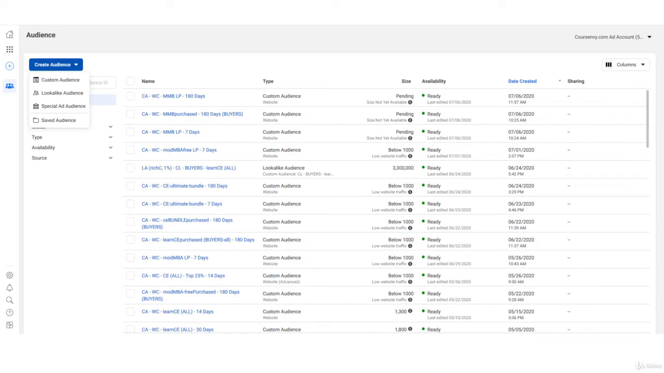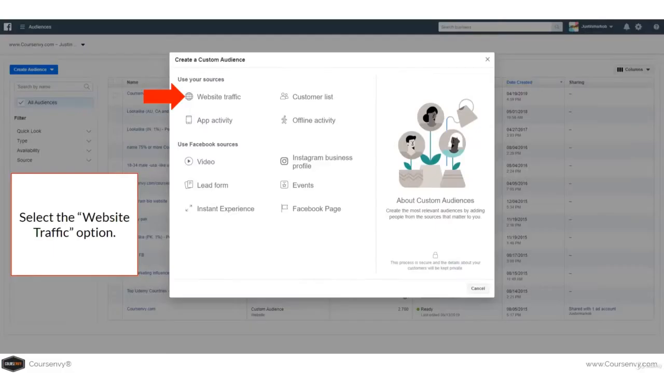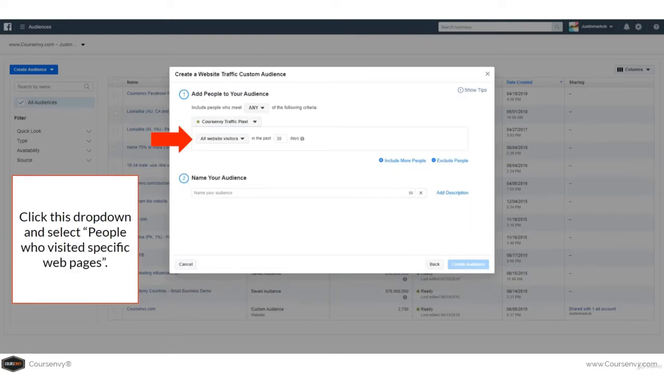So on this Audiences page, click the Create Audience button in the top left. In that drop-down, select Custom Audience. In this pop-up, select Website Traffic. And now in this pop-up, click the drop-down here of All Website Visitors, and in that drop-down, select People who